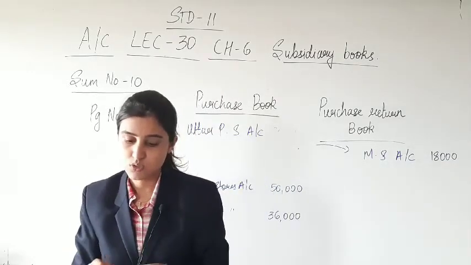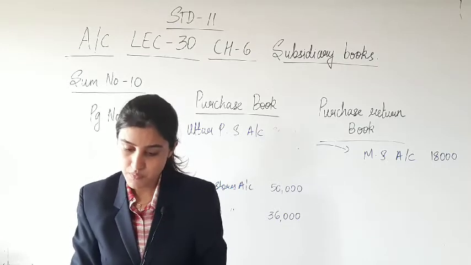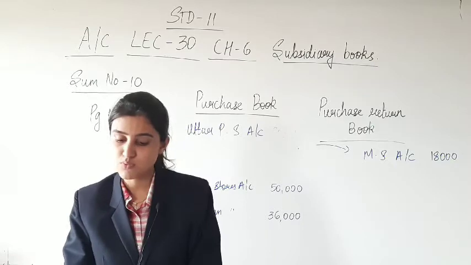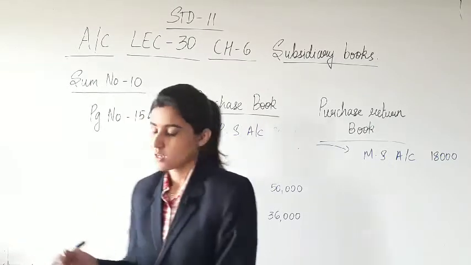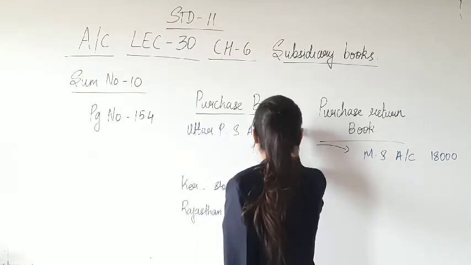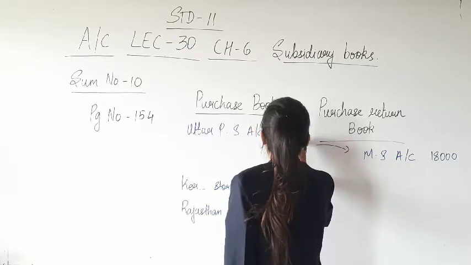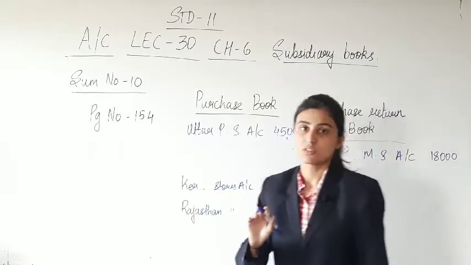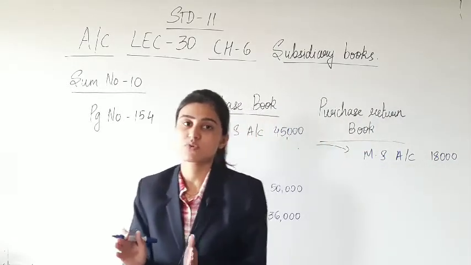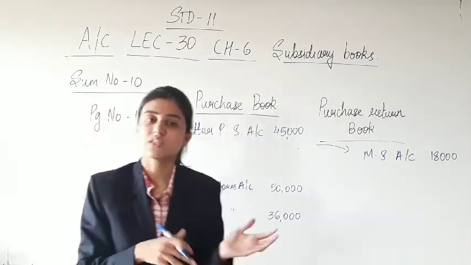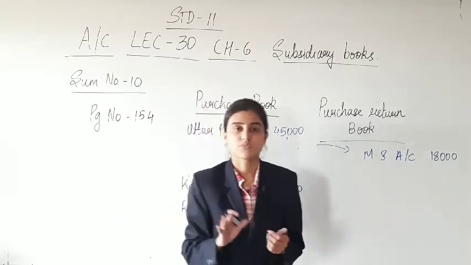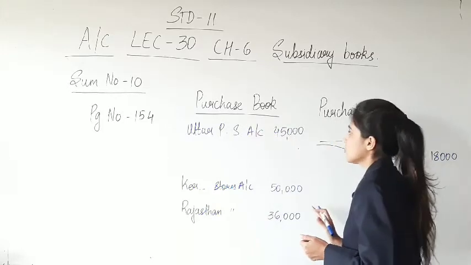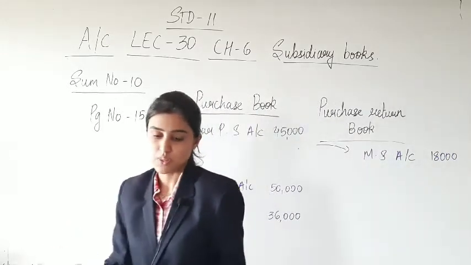It is goods of rupees 50,000 at 10% trade discount. So this becomes 45,000. Yes. Goods are of rupees 50,000. 10% of 50,000 is 5,000 and the net amount of goods is 45,000. 50,000 minus 5,000, 45,000 this way. Yes. So the net amount of goods is 45,000 purchased from Uttar Pradesh stores.